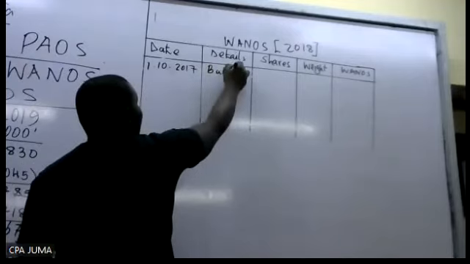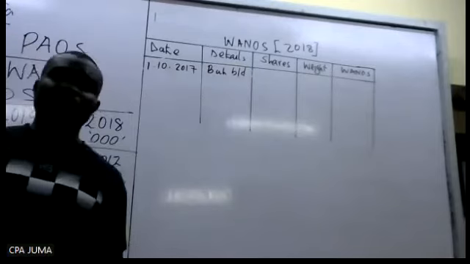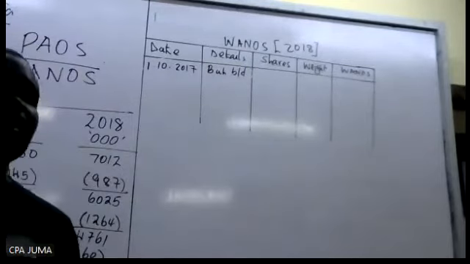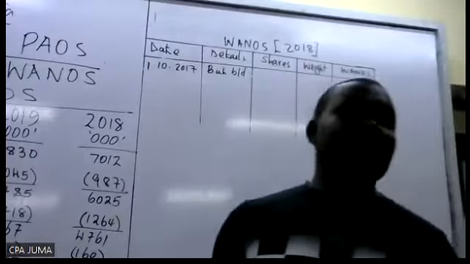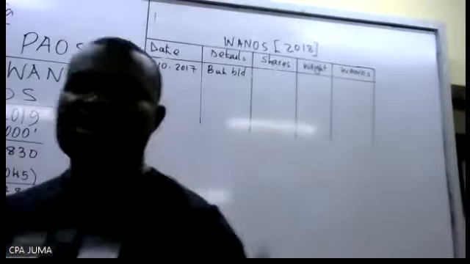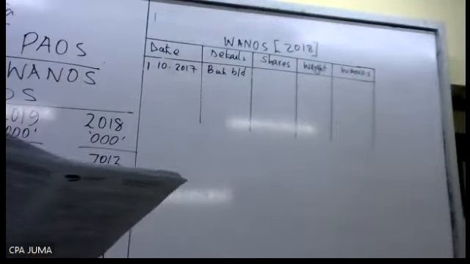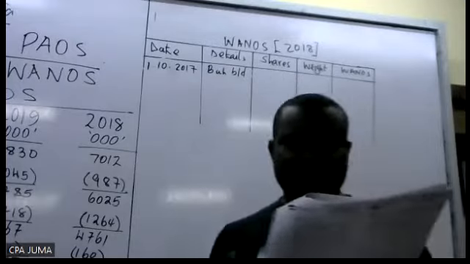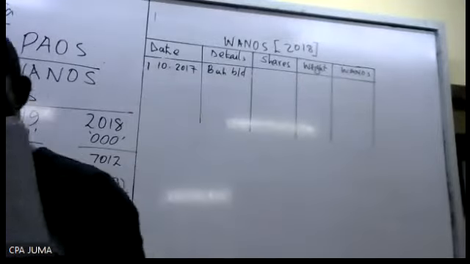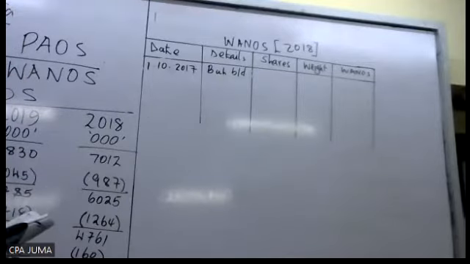So details at the beginning of the year, you just say balance brought down, in form of shares. Can you retrace back to the capital structure? You check the number of shares, not the value, which was there as at that date. Note 1: ordinary share capital as at 1st October 2017 was shillings 15.